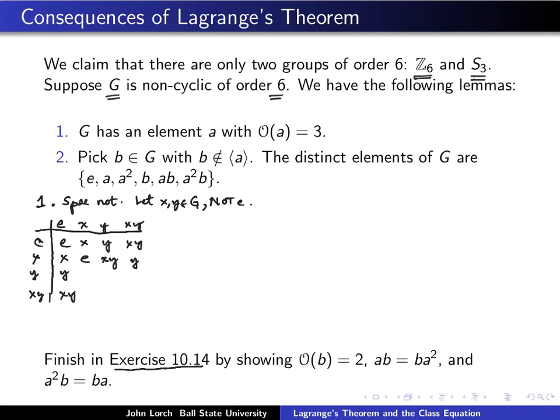Y times X is equal to X times Y because, as we explained a little earlier, this group is forced to be abelian because every non-identity element has order 2. Y times Y is the identity. Y times XY, again, if you move the Y around, is just X. And then similarly here, this gives us Y and X. And finally, anything times itself is the identity. So this thing is a subgroup